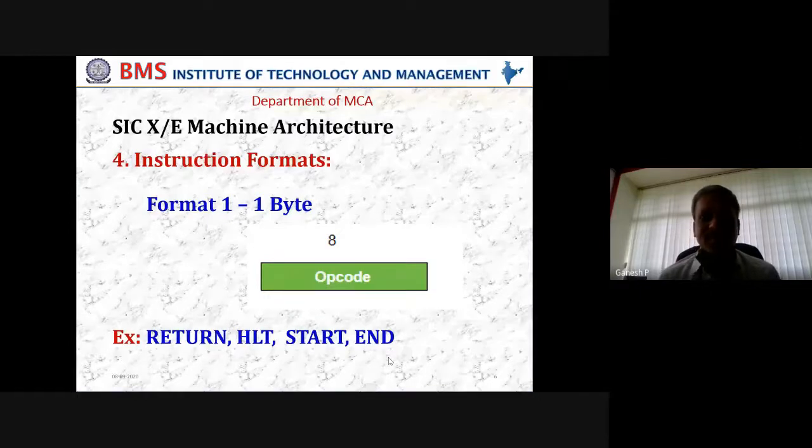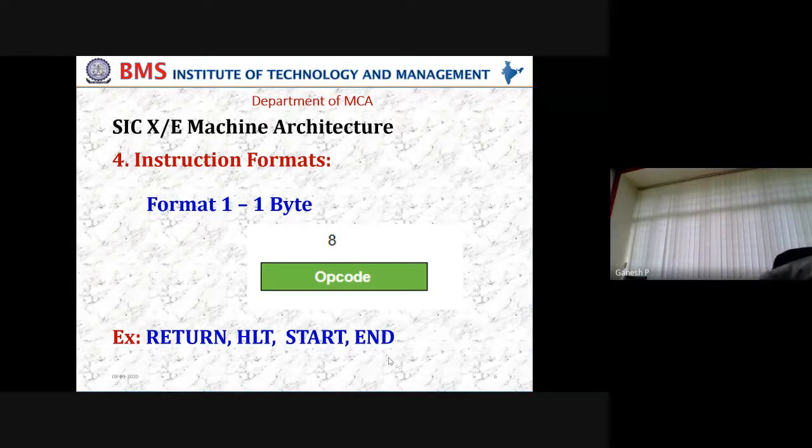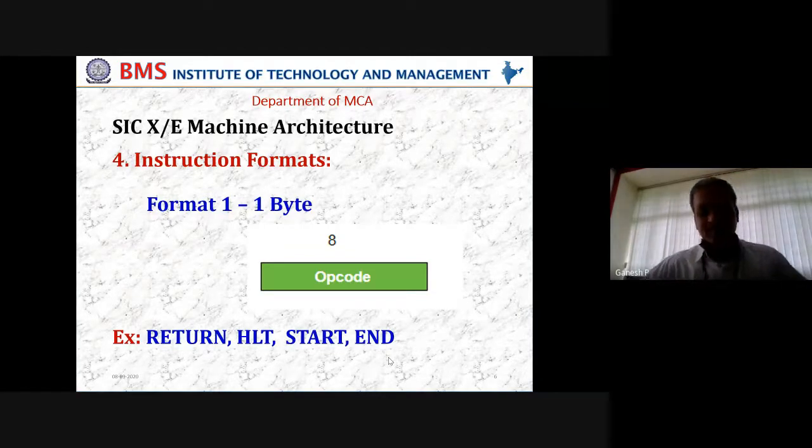Those instructions can be categorized into format 1, format 2, format 3, format 4. If it is format 1, it is a 1 byte instruction. If it is format 2, it is a 2 byte instruction. If it is format 3, it is a 3 byte instruction. If it is format 4, it is a 4 byte instruction. That is the concept of the types of instructions we have in SIC-XE.